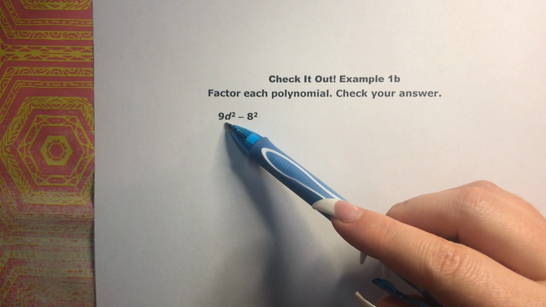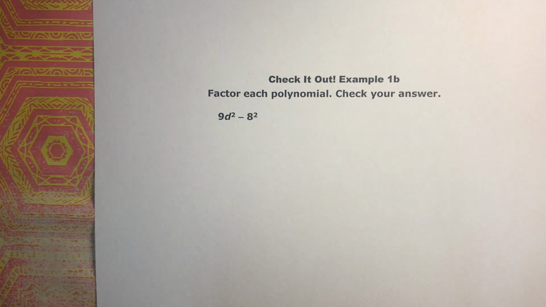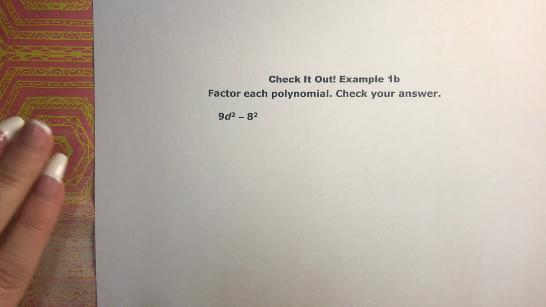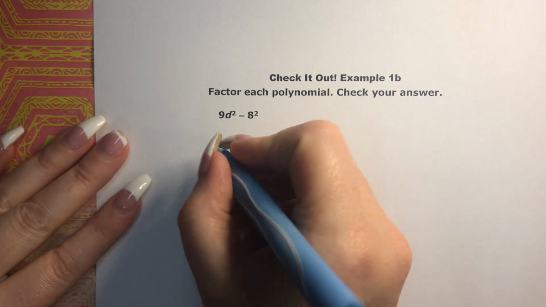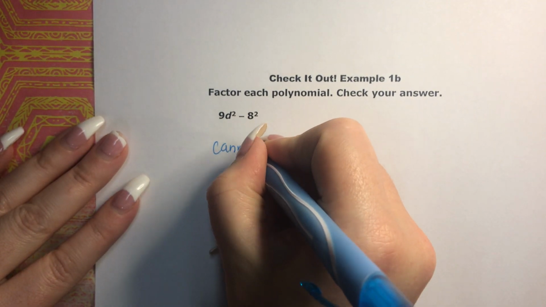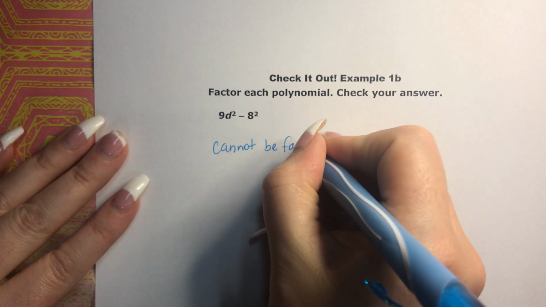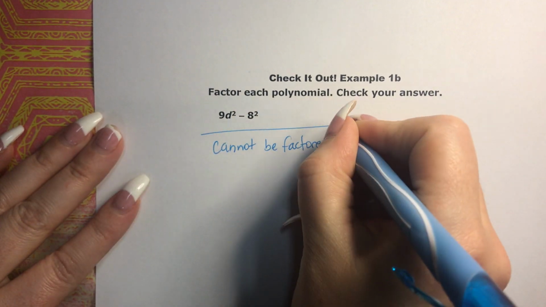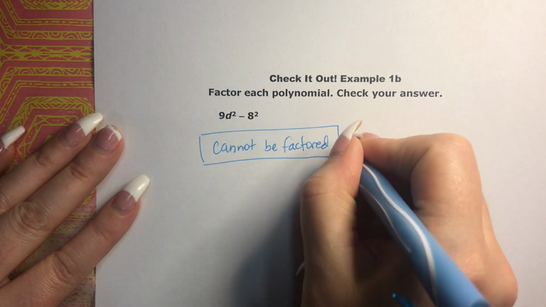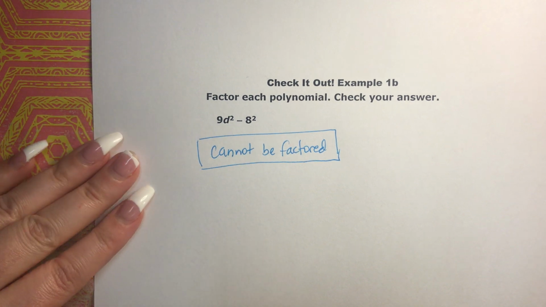What about the letters? Well, there's a d squared, but there's no d there. So there's nothing that's common, so this cannot be factored. So that's the answer for this one. So if you got that one right, great job. Okay,